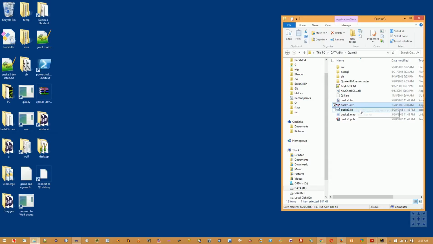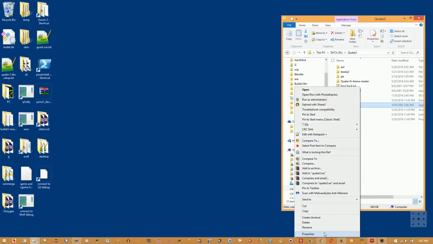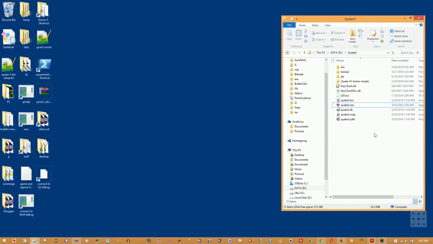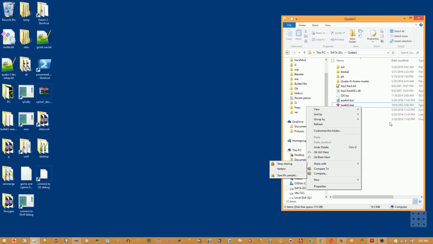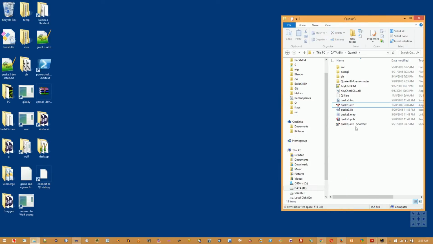The last step in making this development process as easy as possible is setting up a shortcut to the Quake 3 executable that would have a few command line options granting you the ability to connect to a debug server using multiple instances of Quake. So the first step in doing that would be to go to your Quake root directory, right-click the executable, go down to Create Shortcut, place a shortcut wherever you'd like,